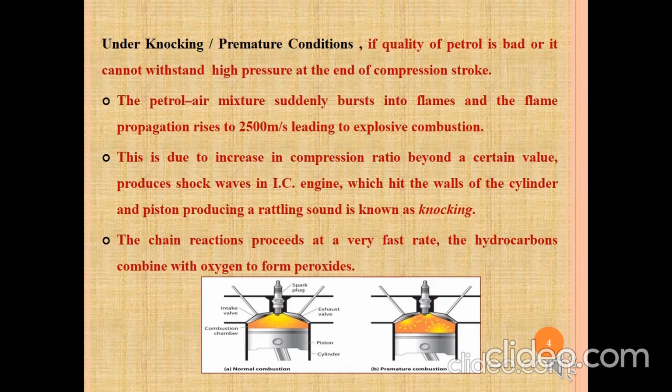In the below diagram, the two working conditions of the internal combustion engine are given. In the normal condition, the petrol-air mixture is compressed and the spark plug will ignite the compressed mixture by releasing the energy. In the second condition, that is the premature condition or premature combustion, some of the petrol-air